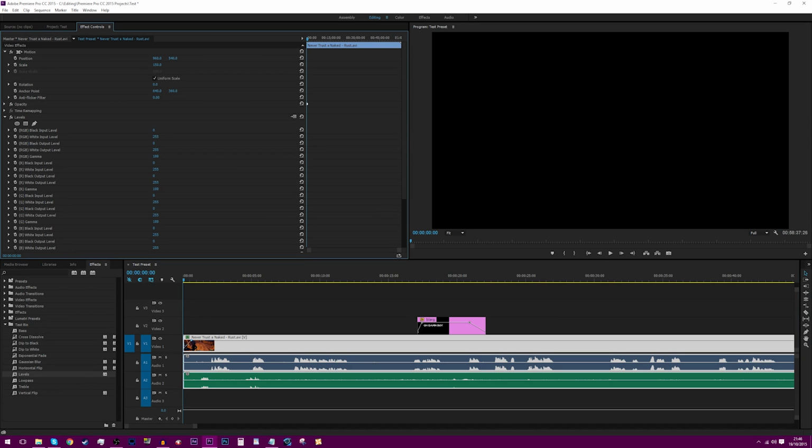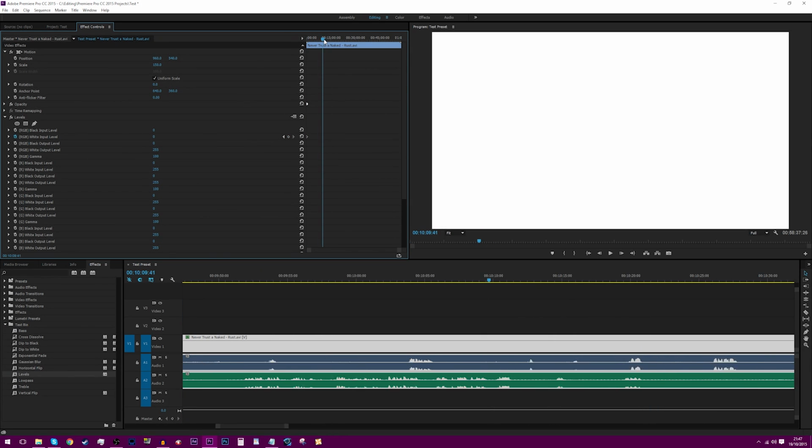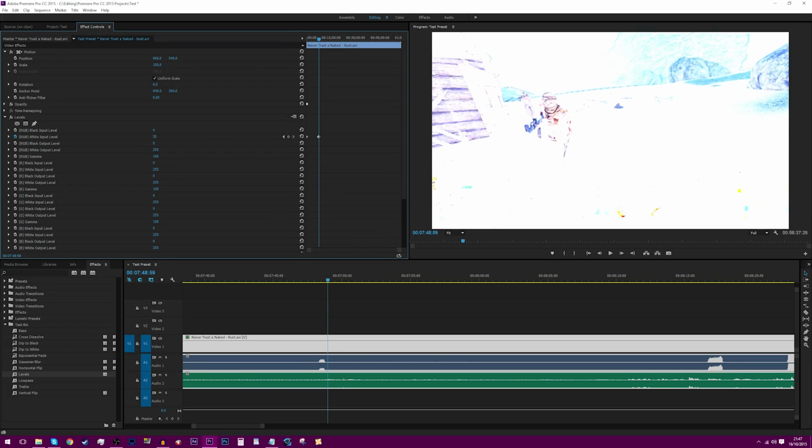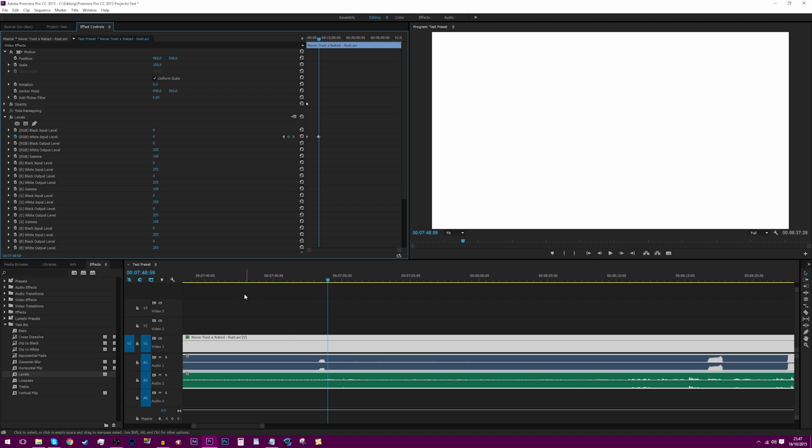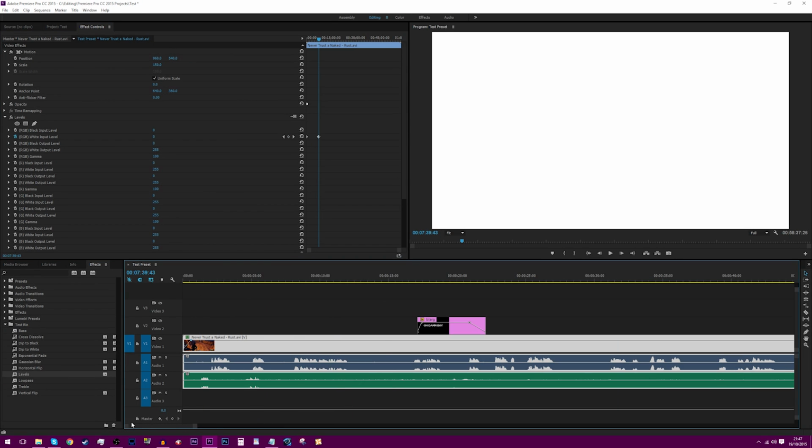I usually have it started at 0 and then keyframe it. This will start a keyframe, by the way. This is a bit of an intermediate thing. That will start keyframing, so whenever you do that, it gets one of these things, and that's basically a point. If you want to add another one, you just click that and it will save it to whatever this value is here. But if you make adjustments, then it will automatically make one. So just to let you know, if we go back to the beginning here,